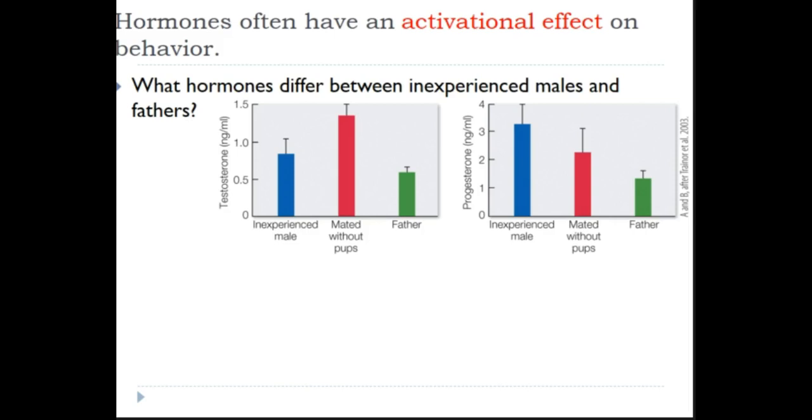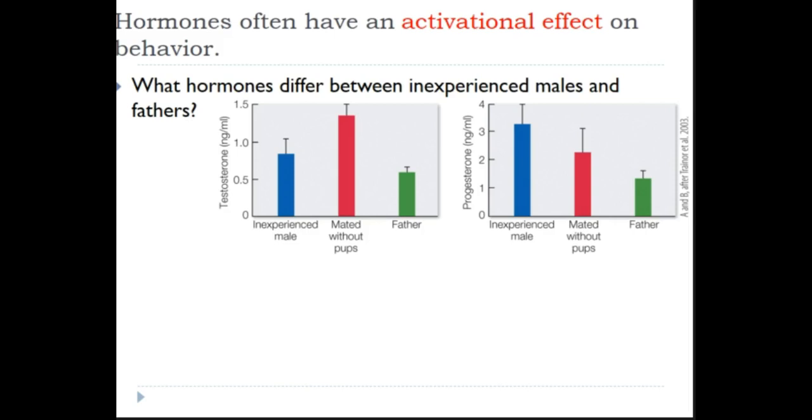And here are two hormones that they're assessing in this case. This one's testosterone, which is kind of a natural one to look at, right? This one's progesterone, which is kind of interesting. Progesterone is largely thought of as one of the hormones involved in female reproductive systems, and it is. It's the hormone that maintains the uterine lining, for example, during pregnancy, and when this level drops, this is what induces a menstrual period in human females, at least. So it certainly plays that role, but here they're assessing whether or not it might play a role in regulating the behavior of these male mice.